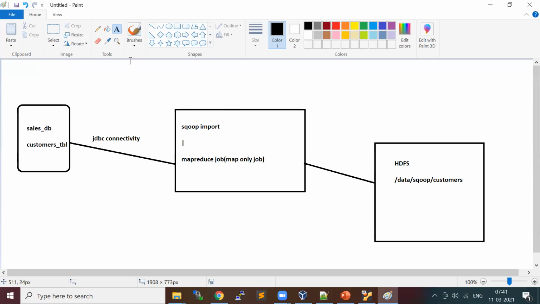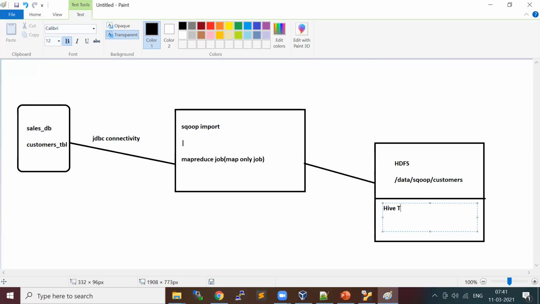And not only can we get the data to the HDFS, we can also get the data to the Hive table. I don't want to bring the data to the HDFS and create Hive tables; instead, I want to directly load the data into the Hive table. That's also possible.